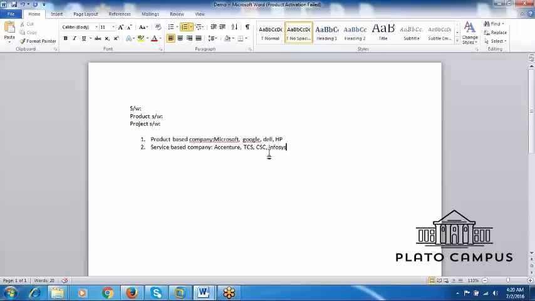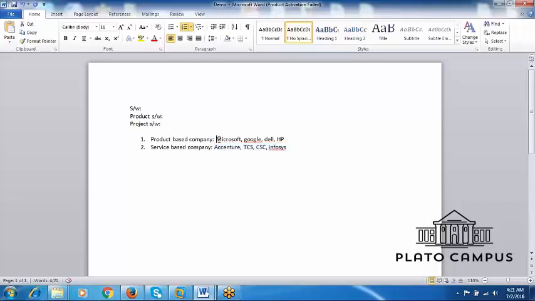That means these are the companies which are providing service to some other company. Accenture is providing service to Microsoft, Google, Dell, HP. But these don't have their own software products to develop, so they depend on some other company's software products.